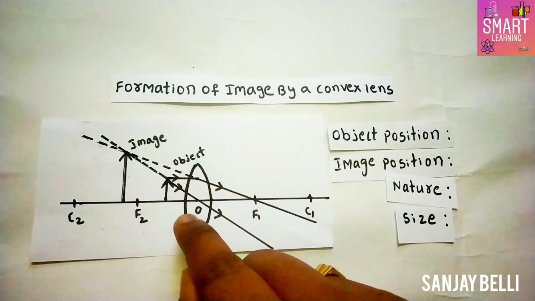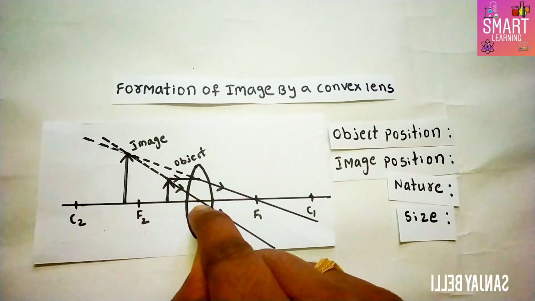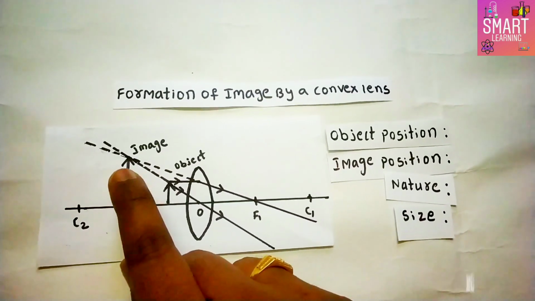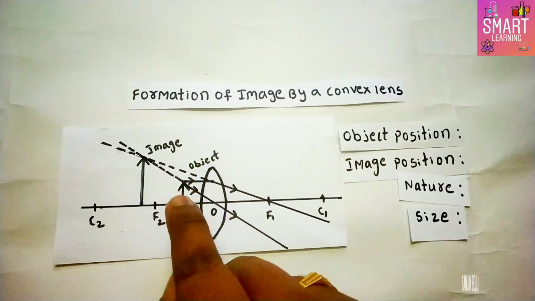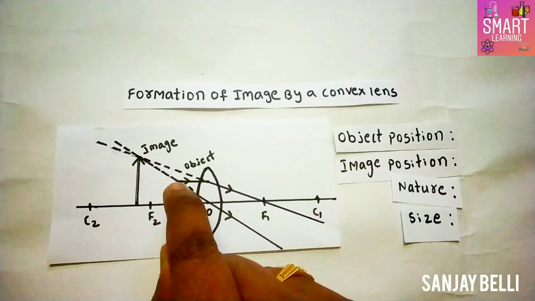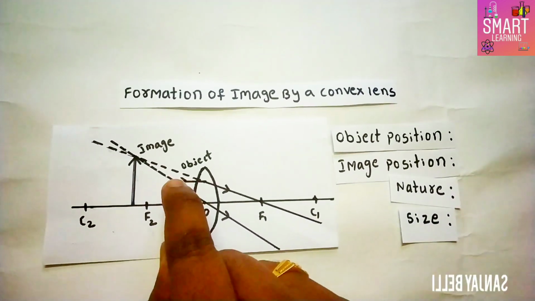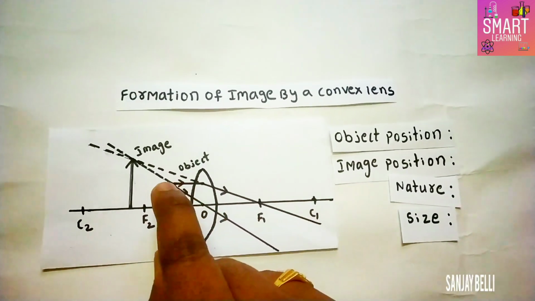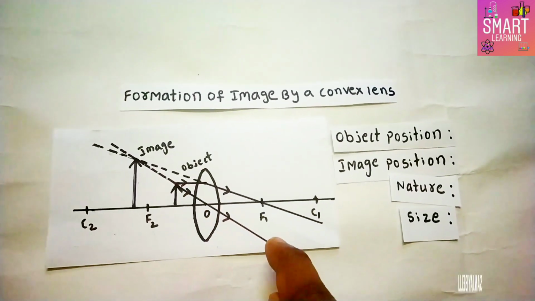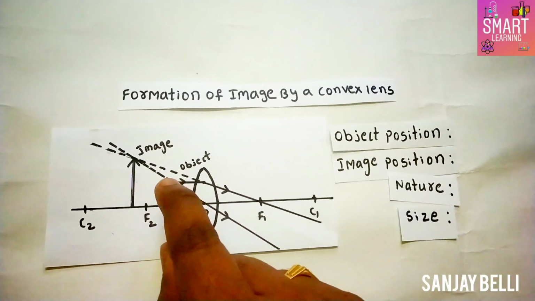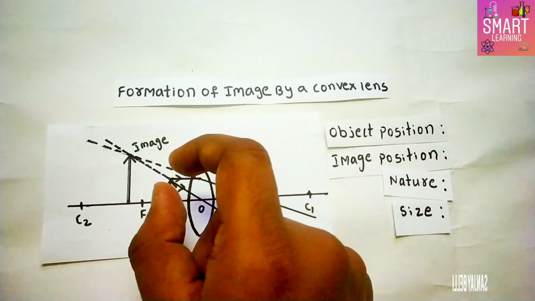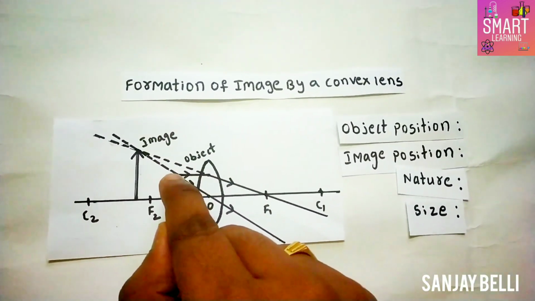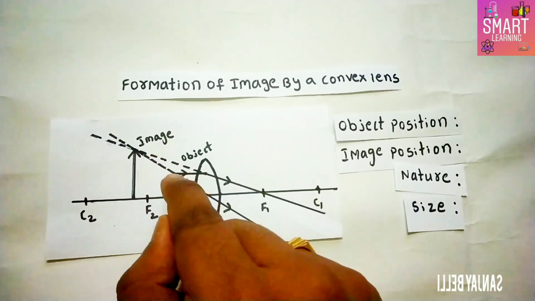So your last ray diagram, an object is placed between optic center and focal point. An image will be obtained behind the lens. Here also I used rule 1 and rule 3. Here you can observe very clearly the first rule parallel to principal axis passes through focal point and rule 3 passes through optic center. In this case the refracted rays are extended backside and the image will be obtained behind the lens, and these dotted lines represent the refracted rays.